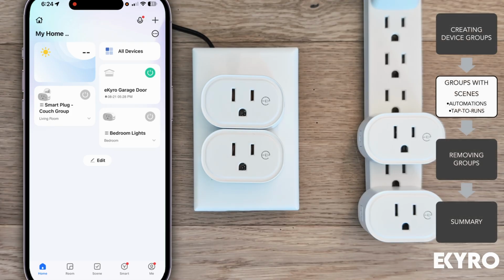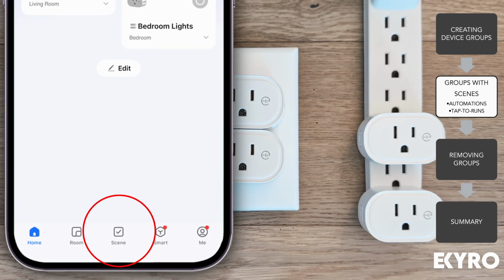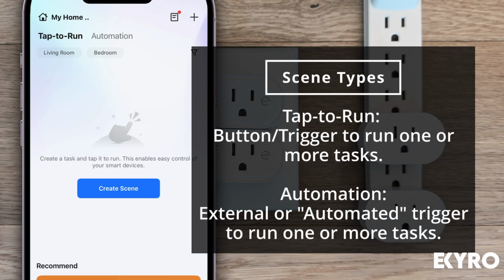One of the other cool things that grouping allows you to do is to use them together with tap to runs and automations. Those two features are consolidated under the Scene category. So if I select Scene, you can see on the top I have Tap to Run and Automation. A Tap to Run is where you select a button that executes a series of events, whereas an automation typically